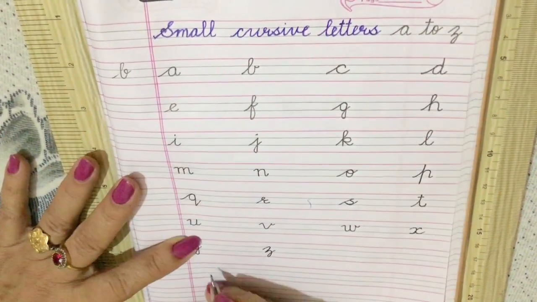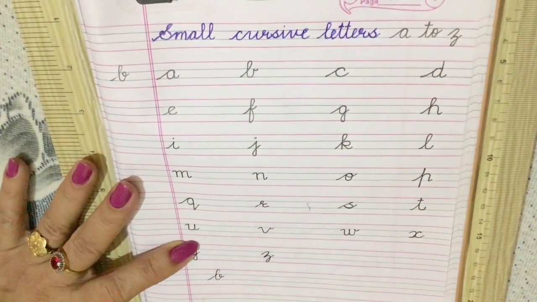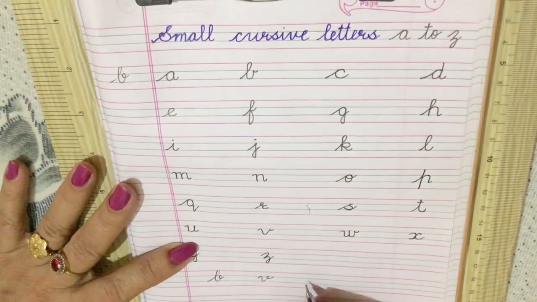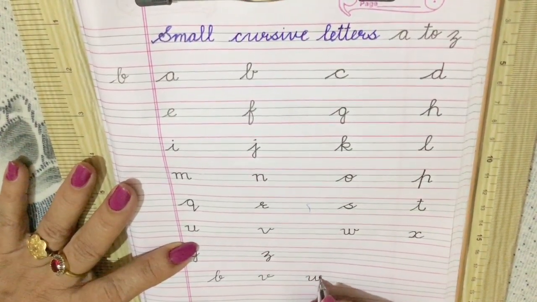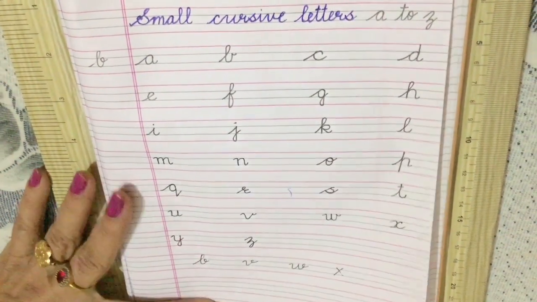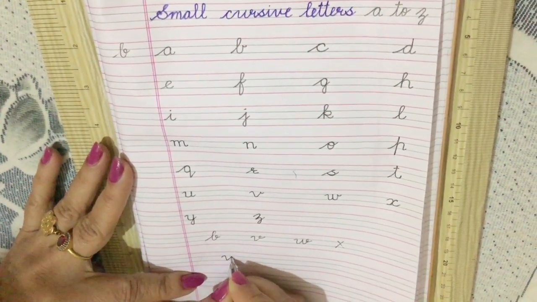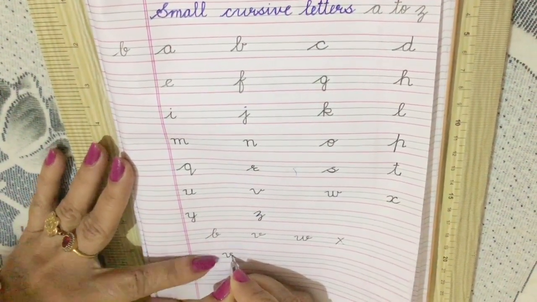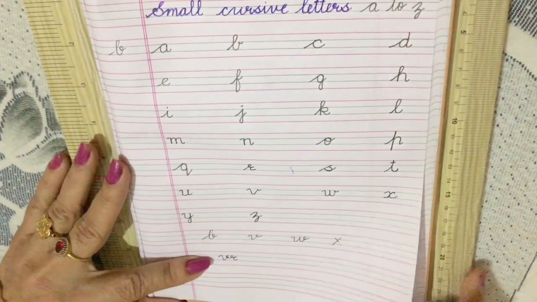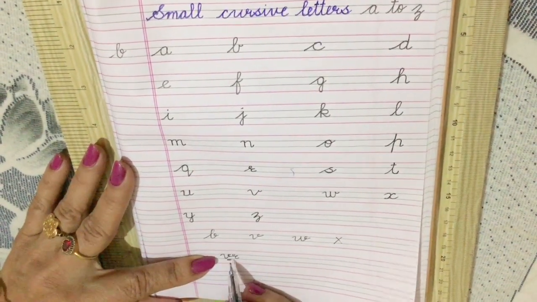One thing you have to remember that whenever you are writing letter V, W, and even, I have told you in B also, don't make these loops here. Don't make a loop in B, in V and in W. This is wrong. It is wrong because when you join V and R, if you make this loop and you join R with this, it is not visible to read. You can't read it. What is written here?